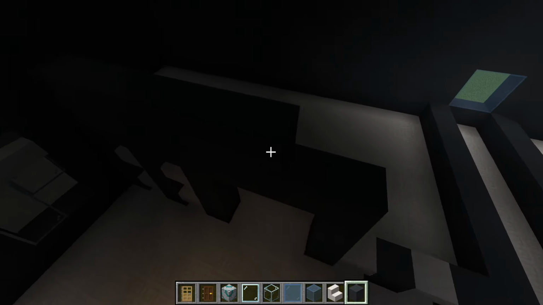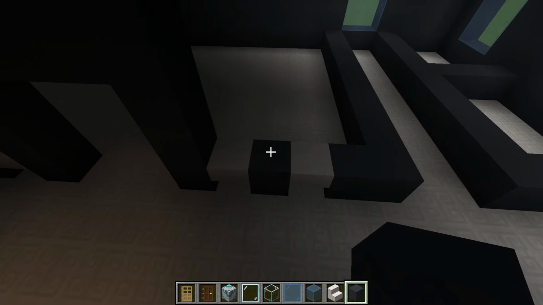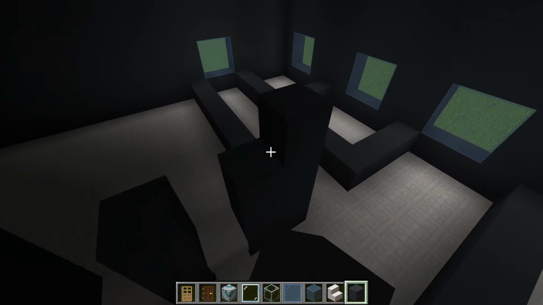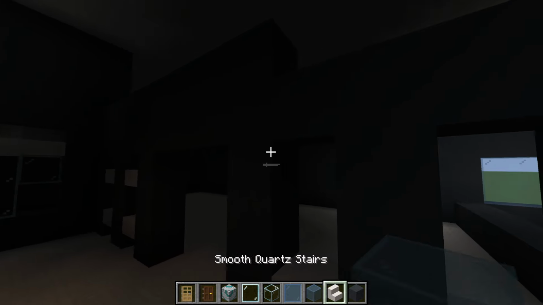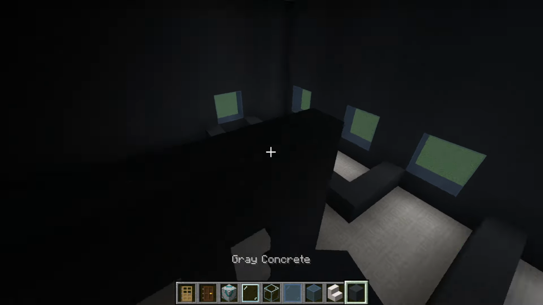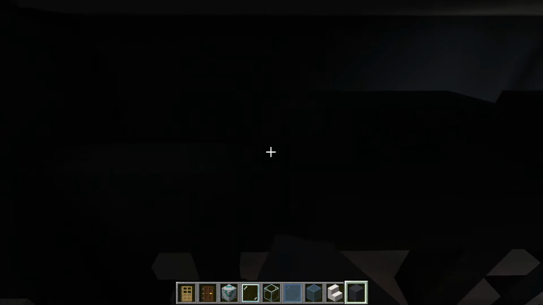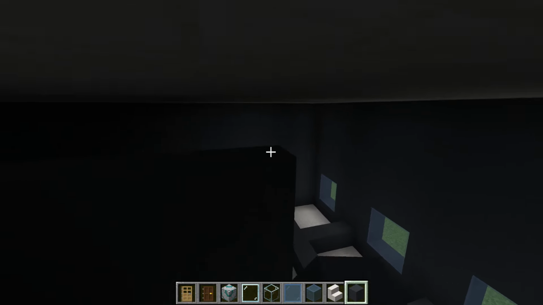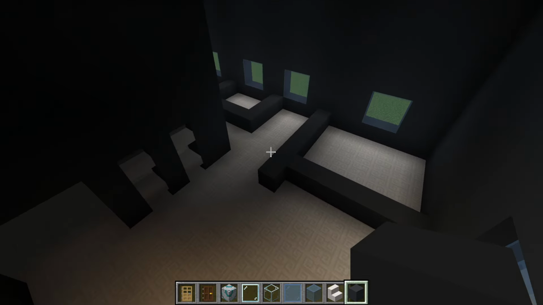Above this area, and above where we have this vault, we also want to extend the grey concrete up on the opposite side of this empty space here, also placing these smooth quartz stairs at the top, and then we can just connect grey concrete over and above. What we're trying to make here is a solid shape that we can then carve into. So if we place all of this grey concrete and make 2 solid walls,